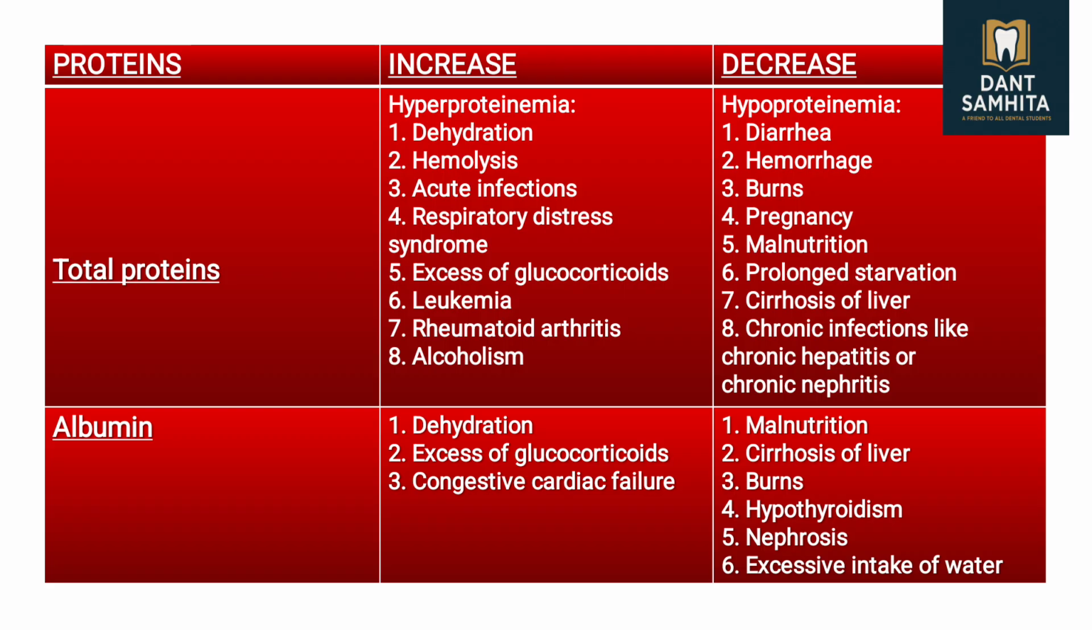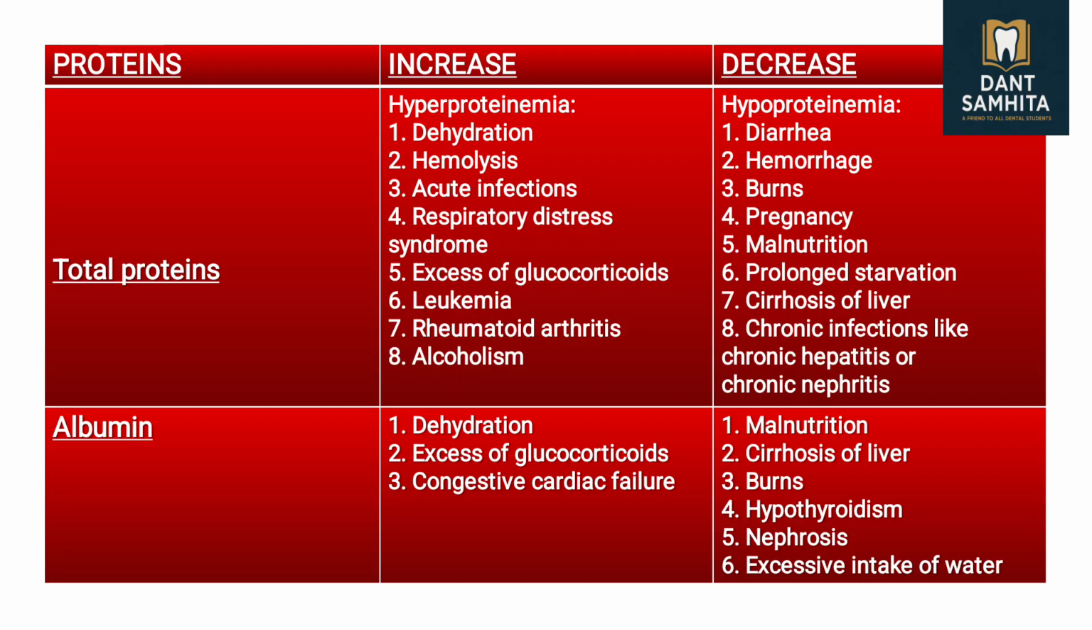Hypoproteinemia occurs in case of diarrhea, burns, pregnancy, malnutrition, and hemorrhage. When you have a lot of fluid loss in your body, you get hyperproteinemia. When does albumin increase? Mainly in case of dehydration, excess of glucocorticoids, and congestive cardiac failure cases. So that's why, when you go to a cardiac patient, you will see the